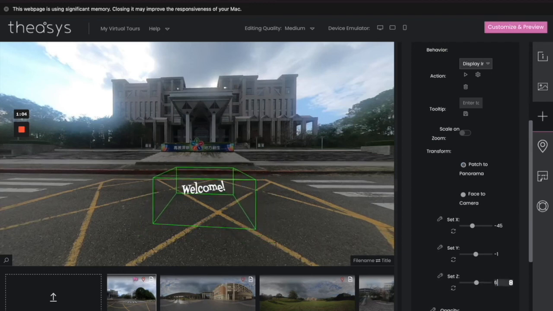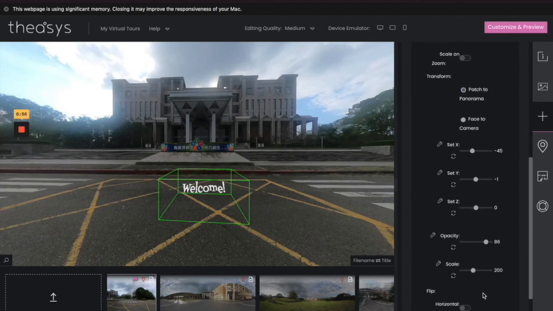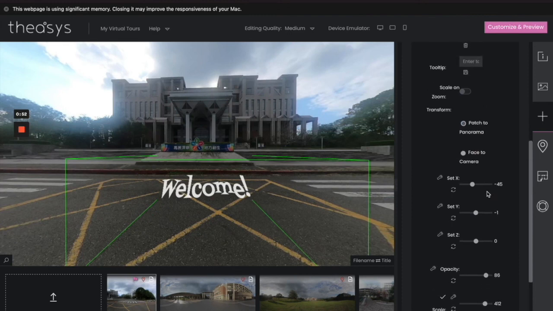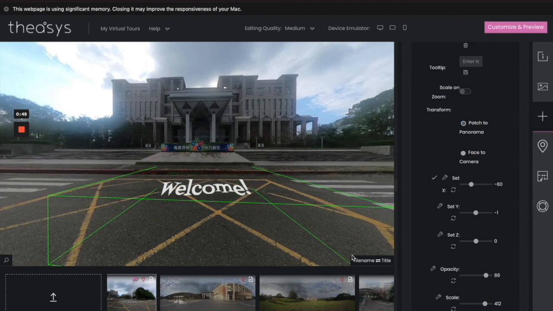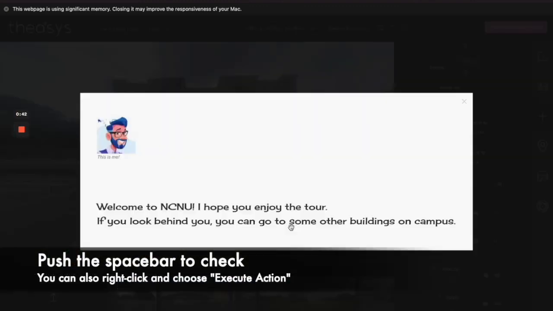And we're going to go for, put it right back to normal. There you go. A little bit of opacity. And we're good. You know what, though? I think this is a little bit too small. So here we go. Make it bigger and tip it down so that it looks like it's flat. All right. And there you go for that one. Push the space bar to see what happens. And there you are.